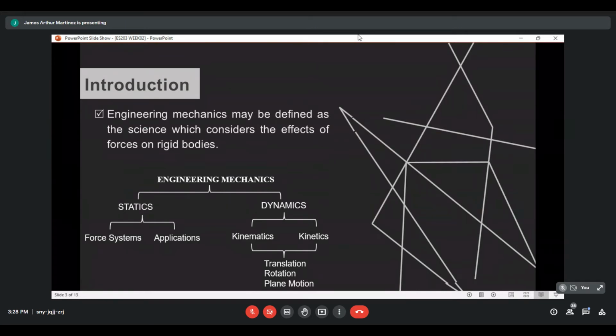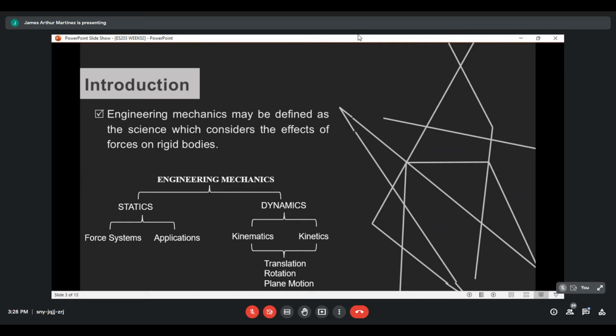However, for the midterm topics, I think we will only finish translation, so both kinematics of translation and kinetics of translation for rectilinear and curvilinear translation. But I hope the topic of rotation also fits within the midterm alone,